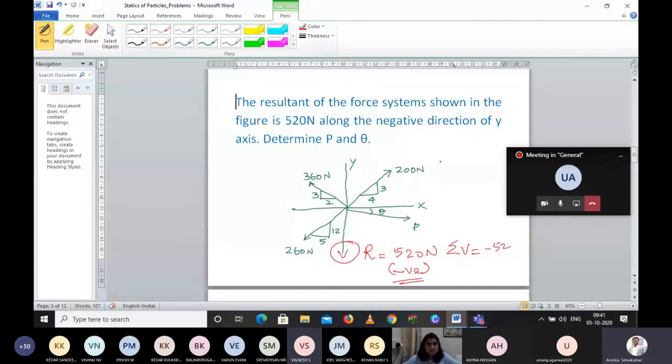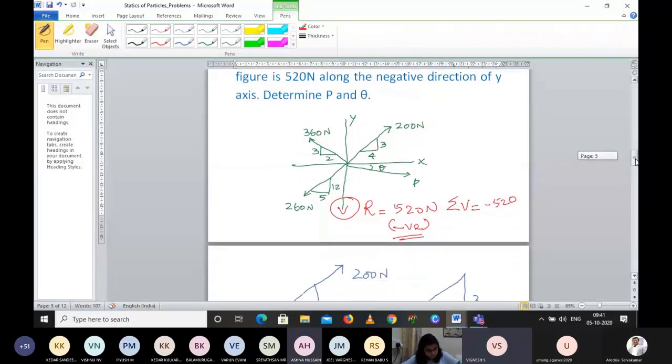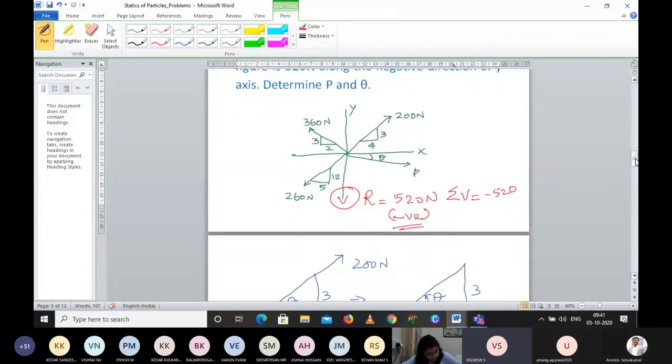Here also, horizontal component, you are right, zero. What happened? Here summation of horizontal forces is 0, no? Very good. Take a note. Summation of vertical forces is minus 520. Summation of horizontal force is equal to 0. That's all I want. Once you got these 2 points, then automatically you won't make any mistake in the problem. Please all others note down.